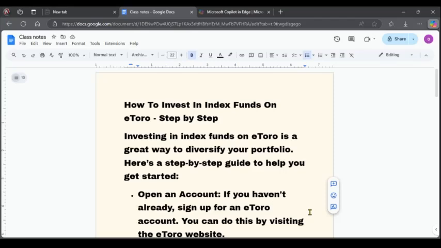Investing in index funds on eToro is a great way to diversify your portfolio. Hello everyone, in this video I'm going to walk you through a step-by-step guide on how to invest in index